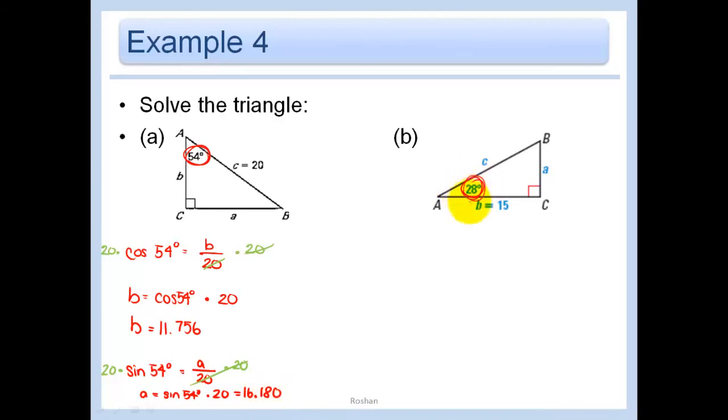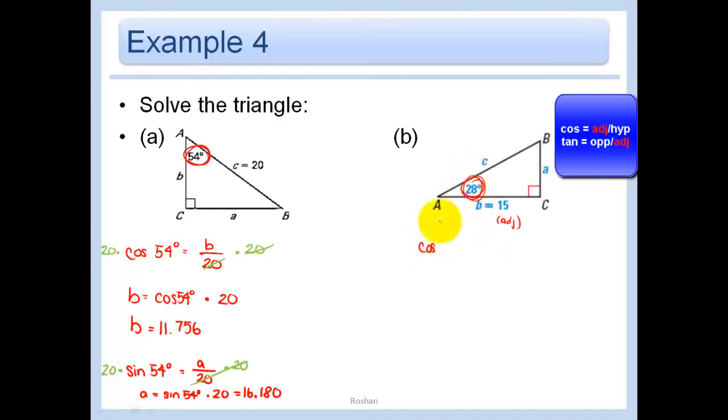When you do that in your calculator, you should get 16.180. In this problem here, I have the adjacent angle. So my only trig functions to choose from would have to be cosine or tangent, because those were the only ones that had adjacent in them when solving. So that's how you choose which trig function you should use. I'm just going to start with cosine of 28 degrees is equal to 15 over hypotenuse, which is c. Let's go ahead and multiply by c on both sides. So I have c times cosine of 28 degrees equals 15. Of course, I want to solve for c, so I'm going to divide both sides by cosine 28 degrees